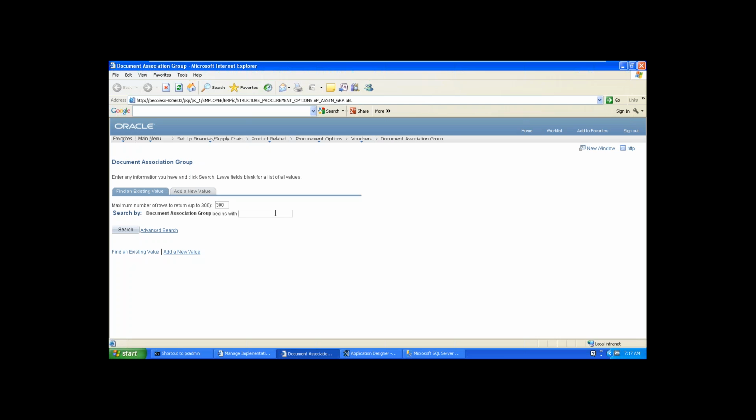Suppose in one legacy system the field calendar ID has some other name, but in PeopleSoft we have a different name. So we need to do the perfect mapping before you do the conversion.